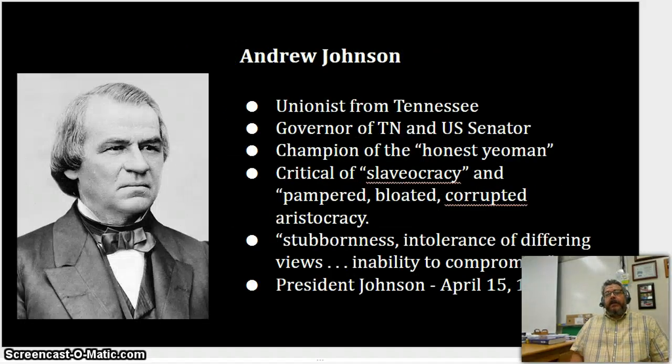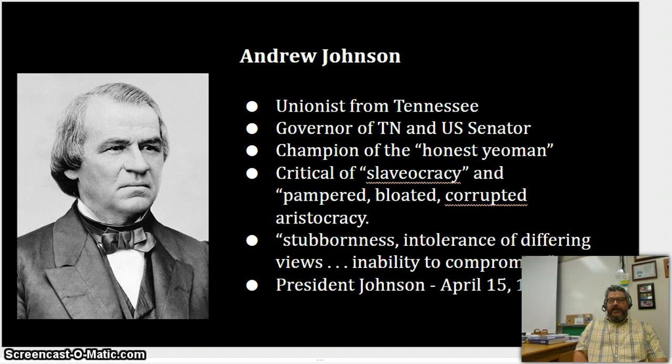And then just a few days after the surrender of Lee at Appomattox Courthouse, Lincoln, of course, will be assassinated at Ford's Theater on a night out to the theater. And that's going to thrust into power the vice president, Andrew Johnson, who's only been vice president now for just a few days. Andrew Johnson is a Democrat, a Southerner, who stayed with the Union after his home state of Tennessee secedes from the Union. He had been governor of Tennessee.